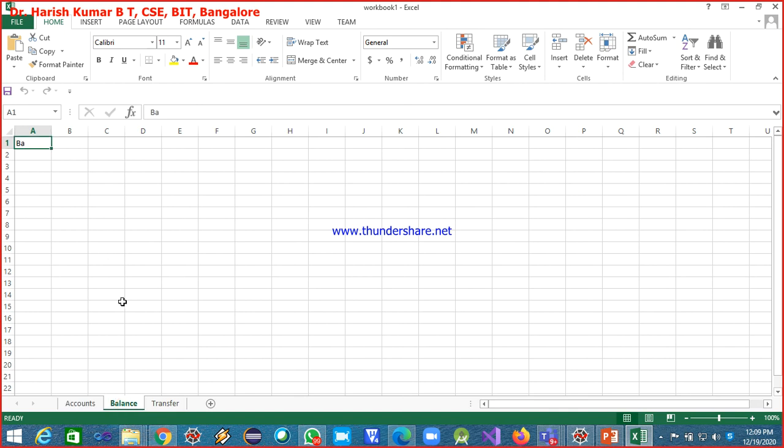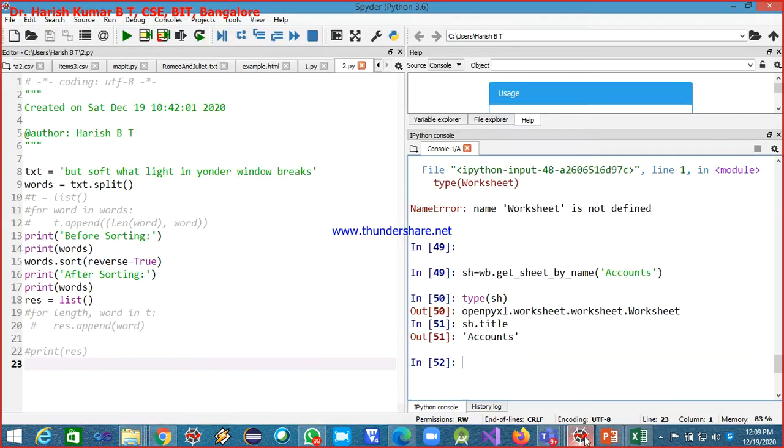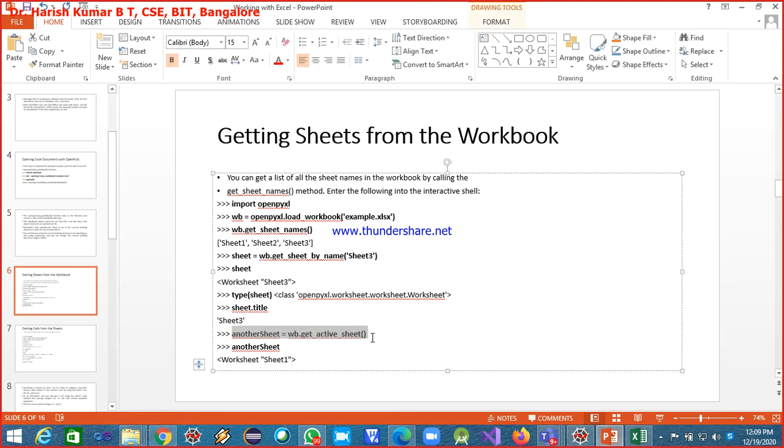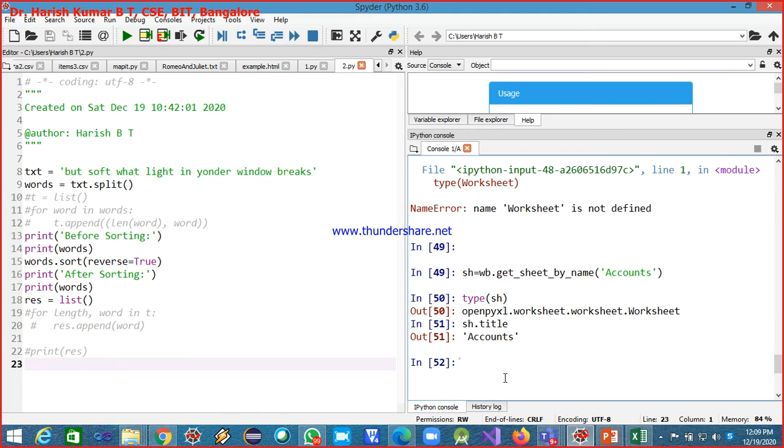Now I want to get this sheet. Okay, what is it that I need to do? So I need to do this. I am creating another object with another sheet and get the active sheet.